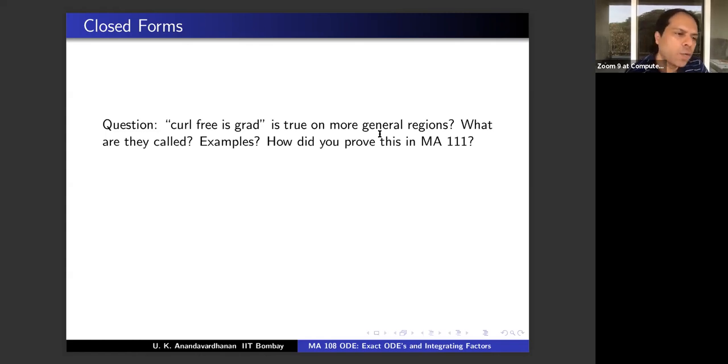Okay, so this is equivalent to one of the definitions somebody else just recalled, that if you take a closed curve, it can be continuously changed in order to get to a point. Okay, more rigorously we cannot do at this time, but with one of these definitions, you can give a quote-unquote proof of the fact that curl free is grad if you are in a simply connected domain using Green's theorem. Can one of you recall that proof also from calculus?